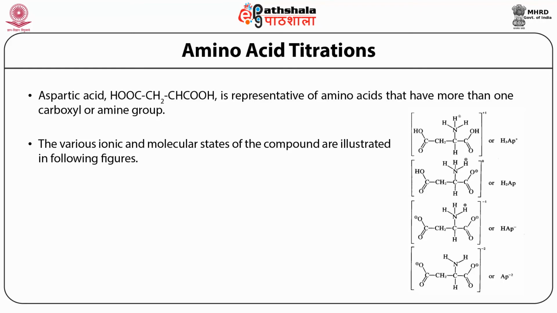Similarly, they exist in the form H4Asp plus, H3Asp, then again it will lose one proton and form H2Asp anion. It will lose a further proton and form HAsp anion, and finally, which is very difficult, removal of the last proton gives the Asp 2 minus anionic form,